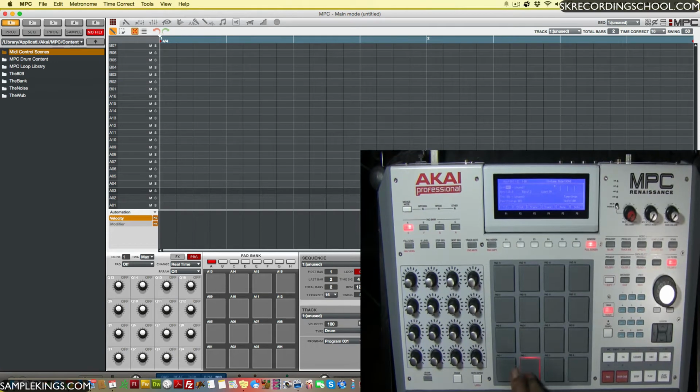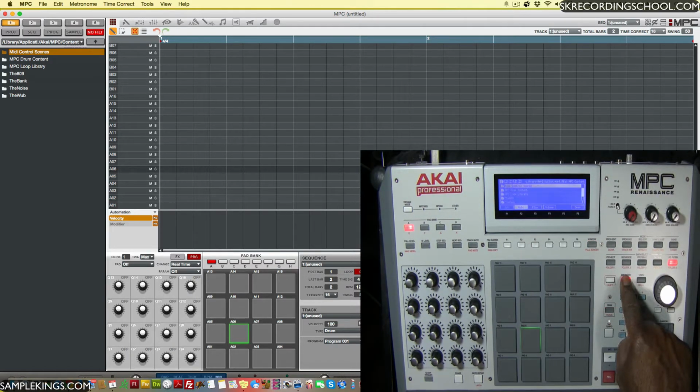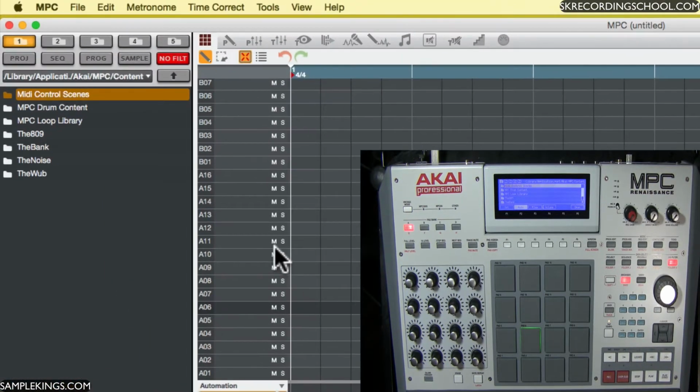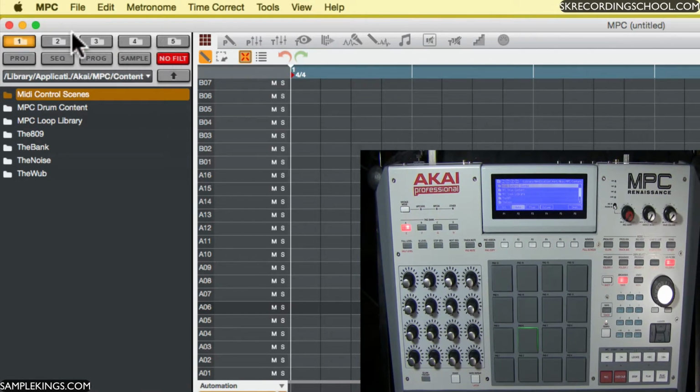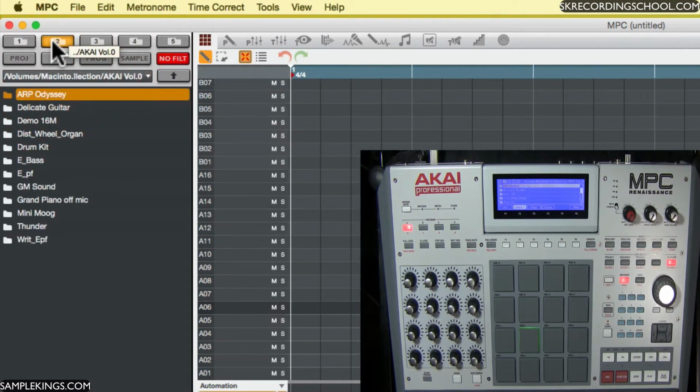Well, we've got our machine going here, and we want to load some sounds into our MPC Renaissance. To do that with the hardware, we'll just press Browser. And we've activated the Browser section. Now, the Browser is actually this section on the left-hand side of our software. You have these folders on top, 1, 2, 3, 4, 5. And normally what you would do, let's say you had some samples, you would go to the folder and you